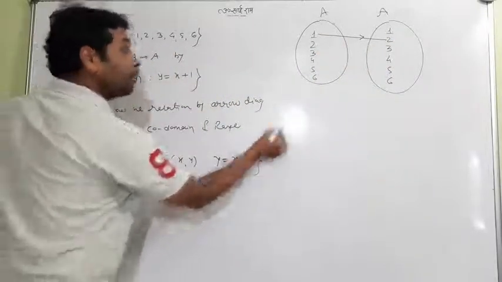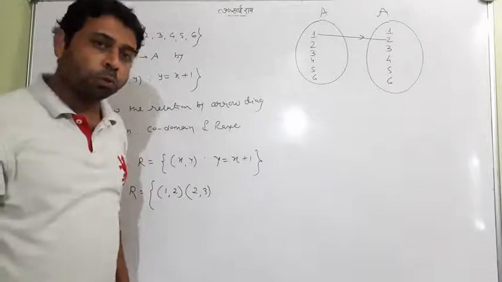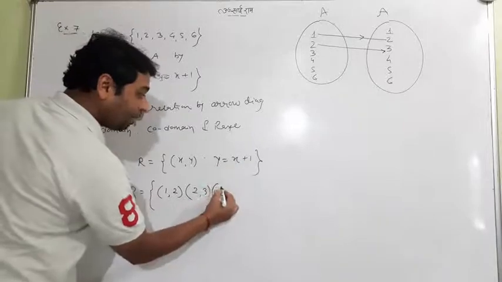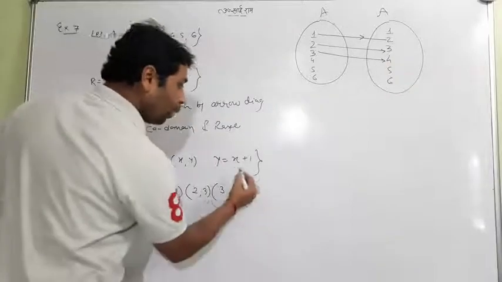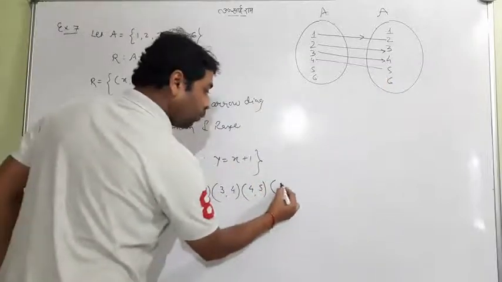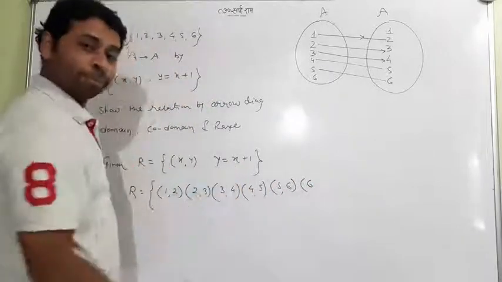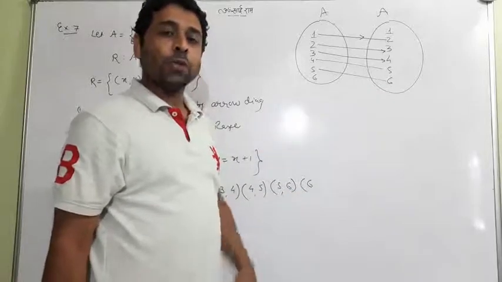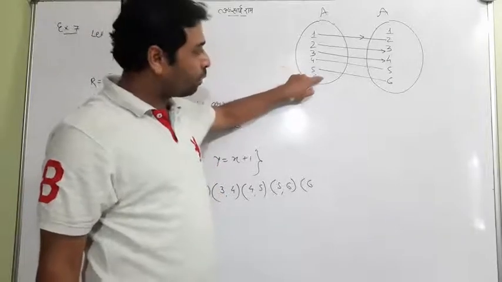If you put x = 2, 2 plus 1 is 3, so the second element will be (2, 3). The image of 2 will be 3. Same, if you put x = 3, 3 plus 1 is 4, so 3 will have the image 4. If x = 4, then it will be 5, 4 plus 1. If you choose 5, the image of 5 will be 6. But you cannot take 6, because if you take 6, it will be 7, but 7 is not here. So there is a very important restriction here. Even though 6 is here, it is left alone.